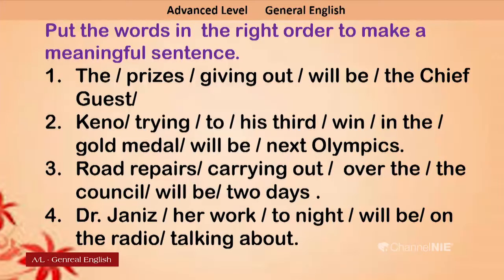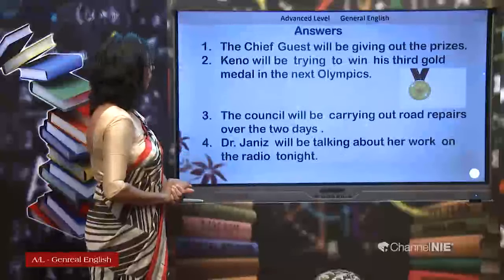So you need a little time, of course, to find the right order of these sentences. If you are really good, you can just do it within a few minutes. Just think of the correct answer. I'll be giving you a few minutes. It is very easy to do this if you know the structure. This is under future continuous tense, similar to present continuous. The only thing is there's a change in the verb. Instead of the main be verb part, we are going to use the modal will plus be. Right, let's check the sentences